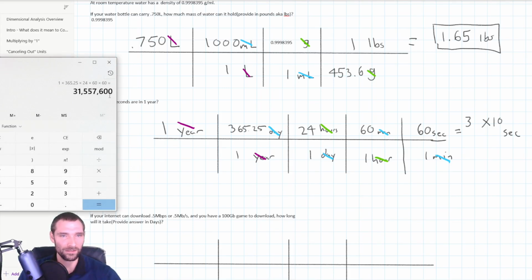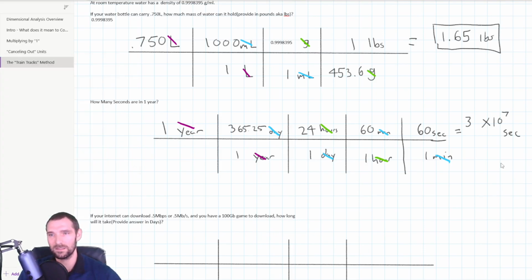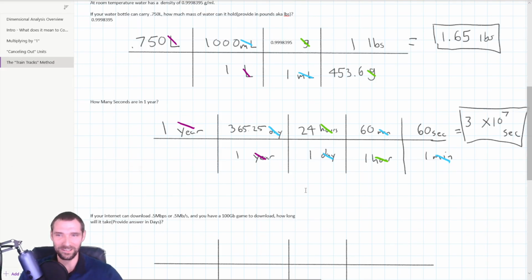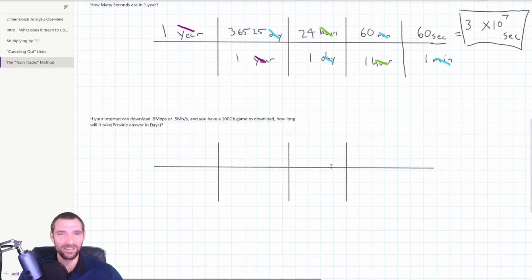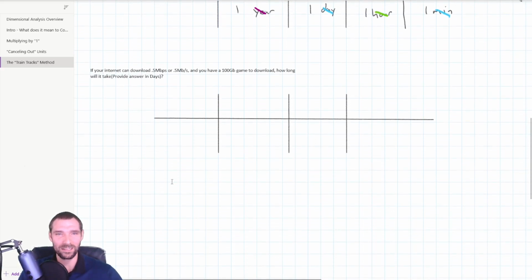Okay, so we've got 1, 2, 3, 4, 5, 6, 7. That makes sense. That's quite a big number. Quite a long amount of time in 1 year. So if you're trying to download, let's say, some game online, and it's a 100 gigabyte file,